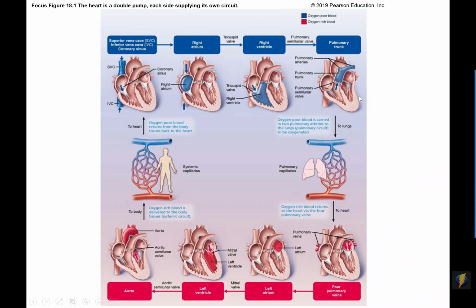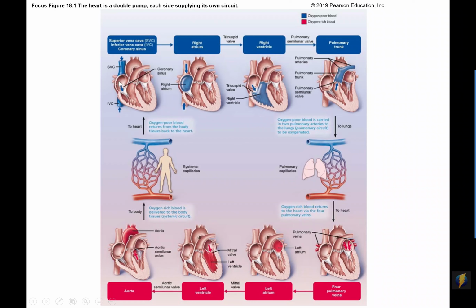So let's talk about how blood flows through the heart to the pulmonary circuit and then back to the heart and out to the systemic circuit. The blood is returned to the heart via the vena cava: from the upper body into the superior vena cava, from the lower body into the inferior vena cava, and from the heart itself, from the coronary sinus. That blood is returned to the heart from the systemic circuit